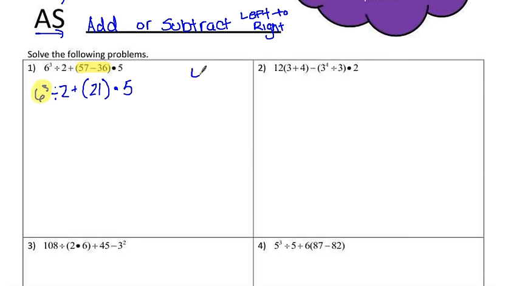6 to the third power is really 6 times 6 times 6. If you multiply 6 times 6, you get 36, and then bring down this other 6, and then you get 216. So this is 216 divided by 2 plus 21 times 5. I don't have any more groupings. I don't have any more exponents, but I do have multiplication and division. This division comes first. When you do 216 divided by 2,